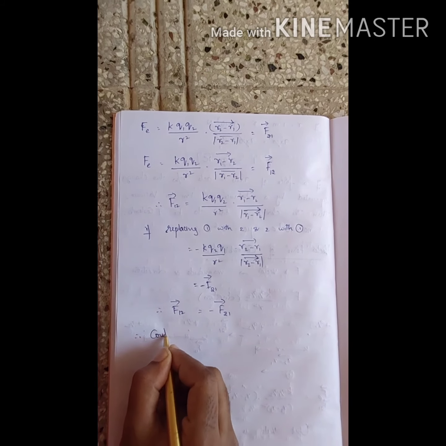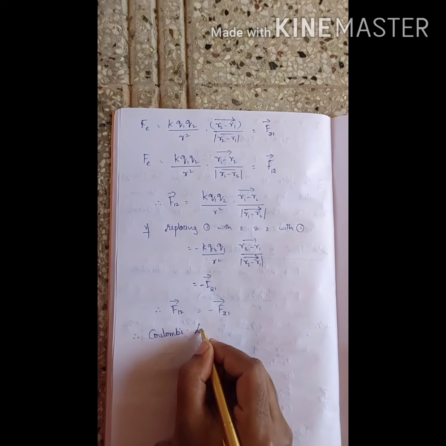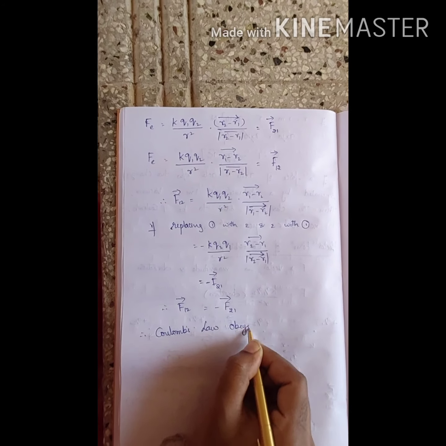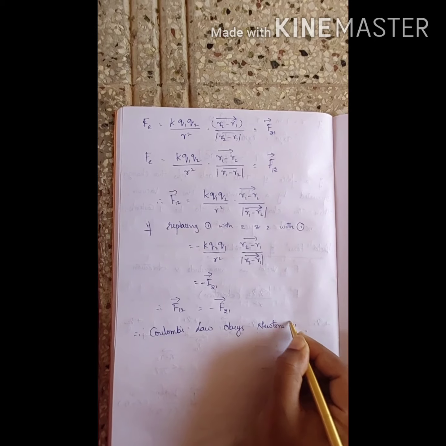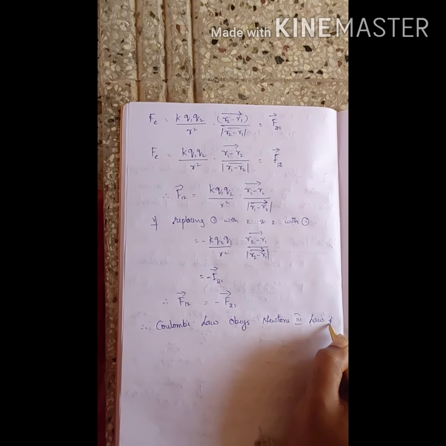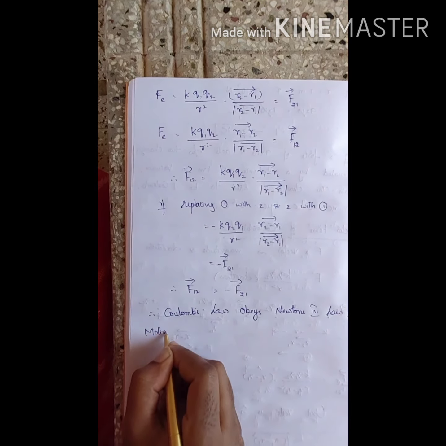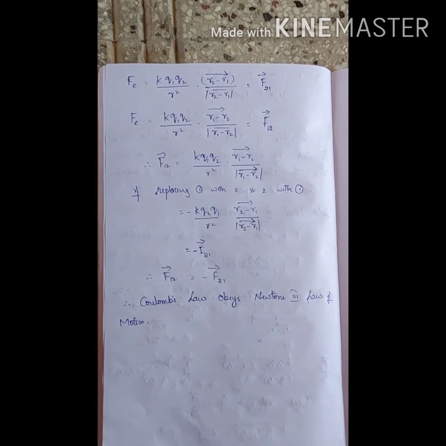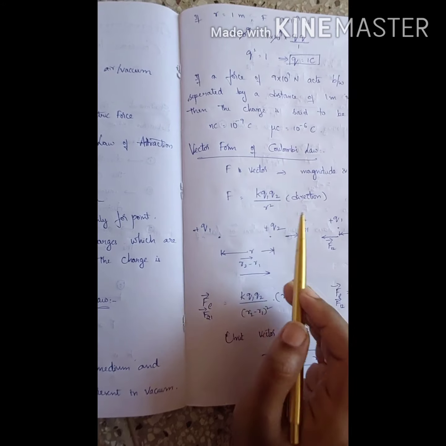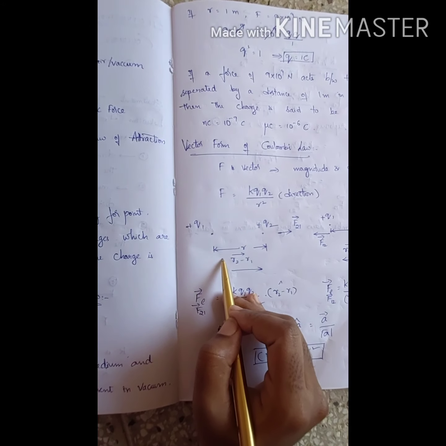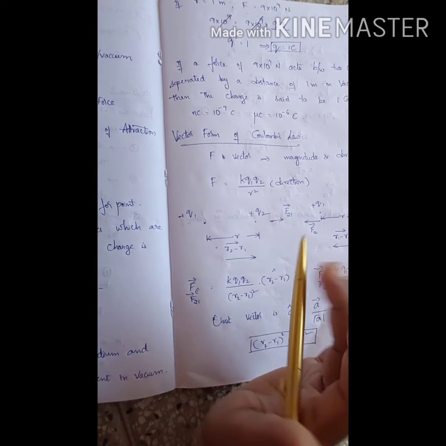Which means F12 is equals to minus of F21. Therefore Coulomb's law obeys Newton's third law of motion. What is Newton's third law? For every action there is an equal and opposite reaction. If charge 1 is repelling charge Q2, then Q2 will also repel Q1 with the force of same magnitude but in the